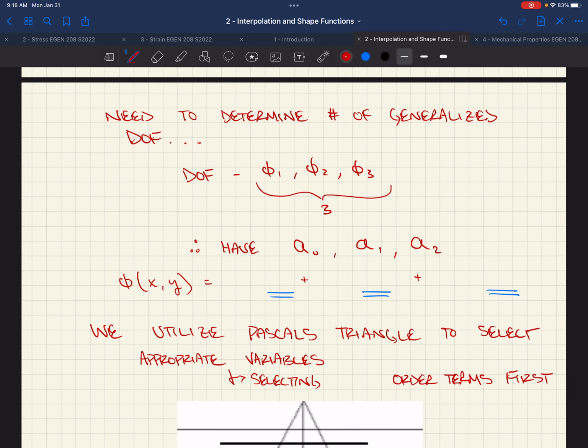And those generalized degrees of freedom are attached to functions of our interpolation function, right? So we've got A naught, A1, and A2, right? And in the case of having one spatial variable, x, if we look from before,